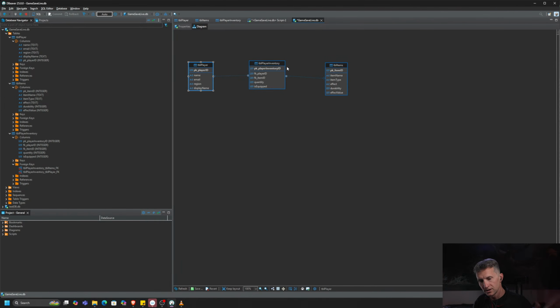Some people in the database world argue that sometimes it makes it more difficult, because now you are absolutely required to have a foreign key for your player ID, and if you don't, it doesn't know what to do with it, as an example. All right, so we have a very simple database for our player and the inventory they have,